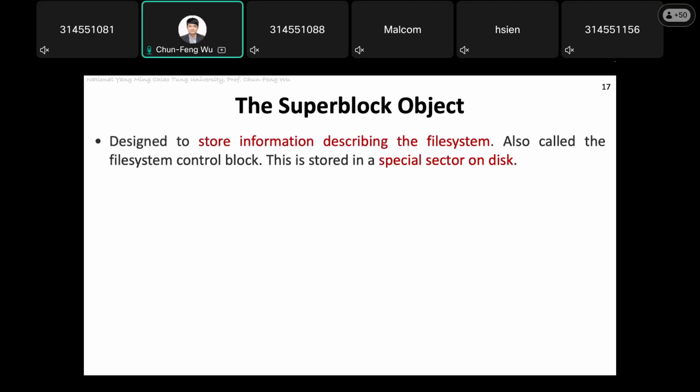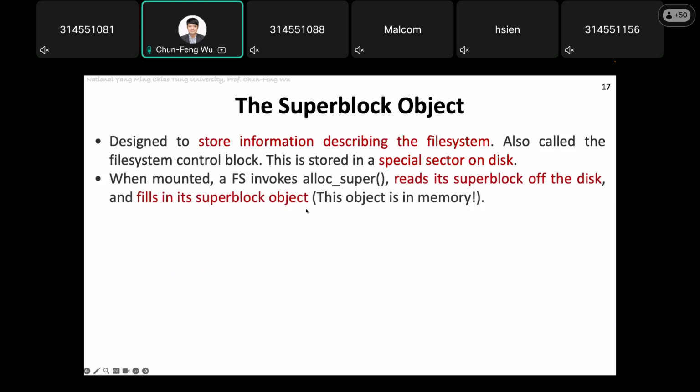So first of all, let's look at the superblock. It's designed to store information describing the file system. It's also called the file system control block. So when the file system is mounted, the file system invokes the allocate